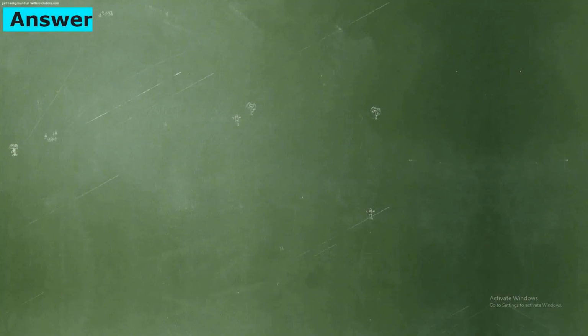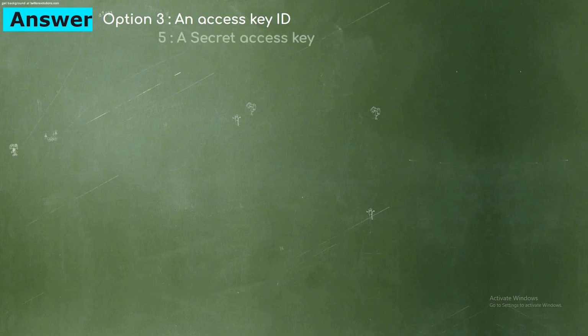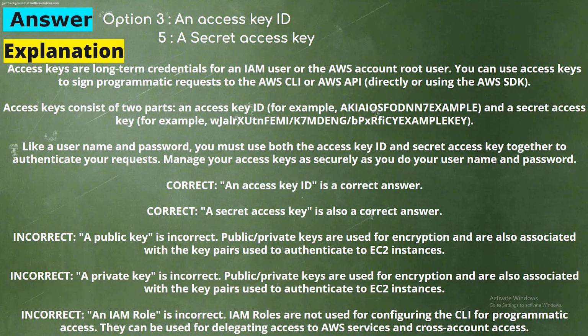And the correct answers are: Option 3. An access key ID. And Option 5. A secret access key. Explanation. Access keys are long-term credentials for an IAM user or the AWS account root user. You can use access keys to sign programmatic requests to the AWS CLI or AWS API, directly or using the